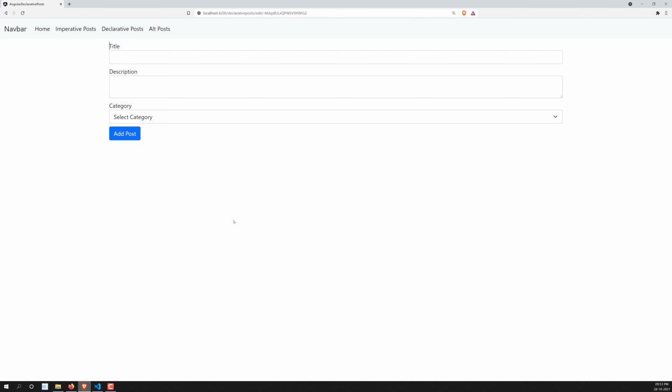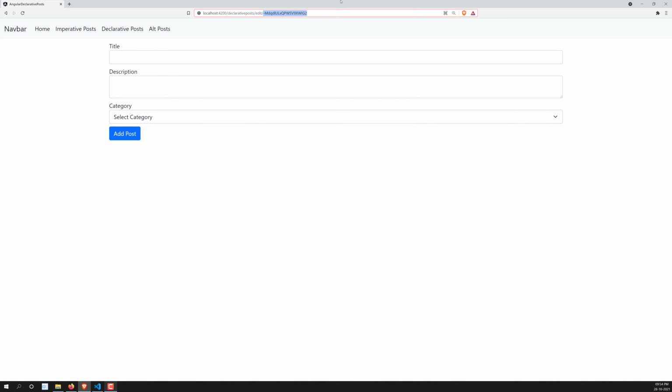How can we get that particular post details? That is only through the ID provided in the URL. So we have a post ID provided in the URL. With that post ID, taking that post ID from the route params, we can get the particular selected post. So what is the post that the user has selected, we can get that one, and we can populate this one in the form.